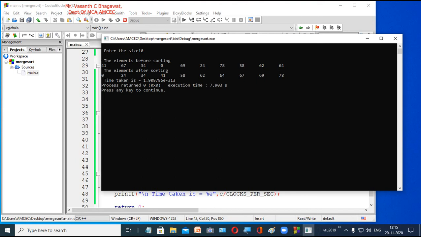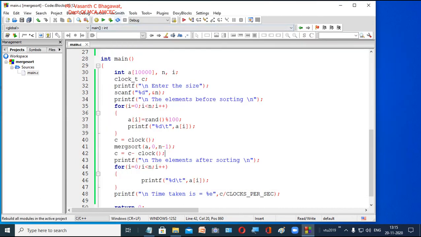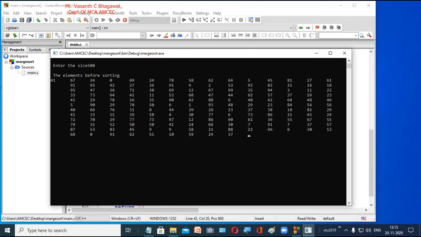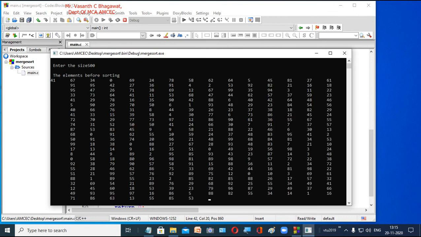Now if you are going to check this, obviously what we said, you have to give larger values of n. So again we will run it another time, because anyhow the array size we have defined as 10,000. So instead of 10, let us give 500 numbers and check how much time it takes to sort these 500 numbers.